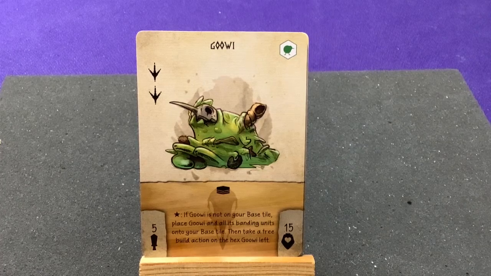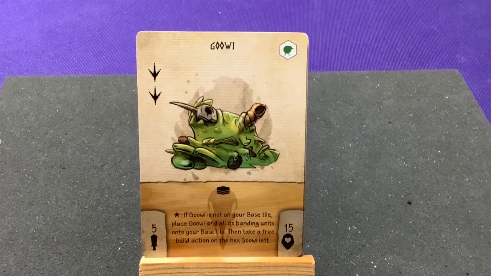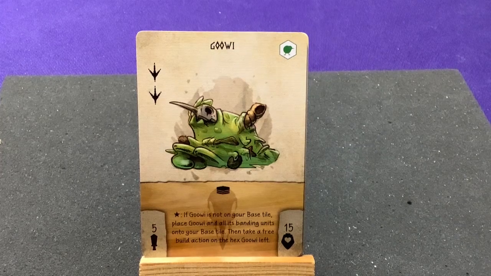Play 1 star. If Gooey is not on your base tile, place Gooey and all its banging units on your base tile, then take a free build action on the hex Gooey left. Interesting. So you can kind of force them back to your base, but you get a free movement out of it. Then what we have is actually pretty cool, which is up next,